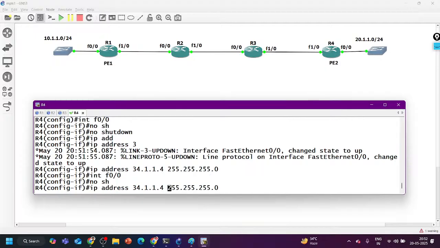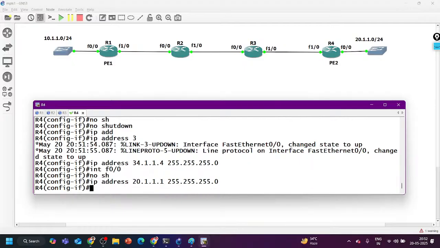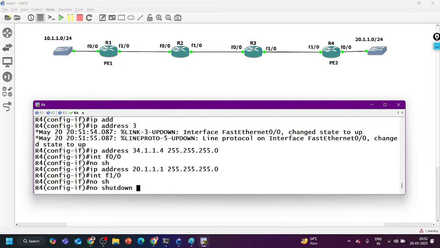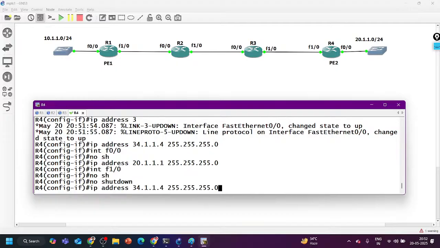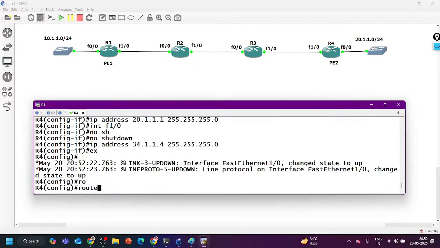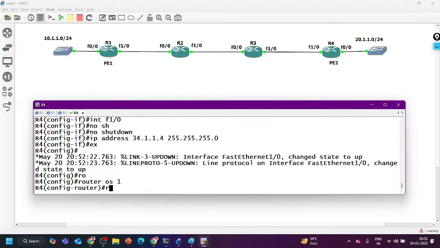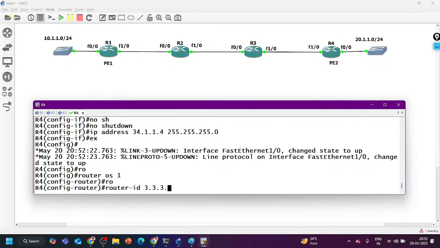Here we need to replace the IP. Very good, thank you. 20.1.1.1, and interface F1/0 should have 34, right? No shut and IP address 34.1. Router OSPF 1, router ID 4.4.4.4,